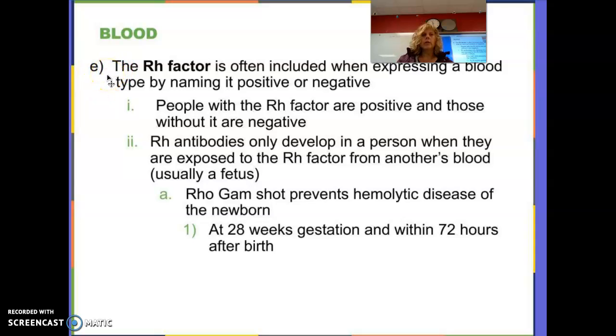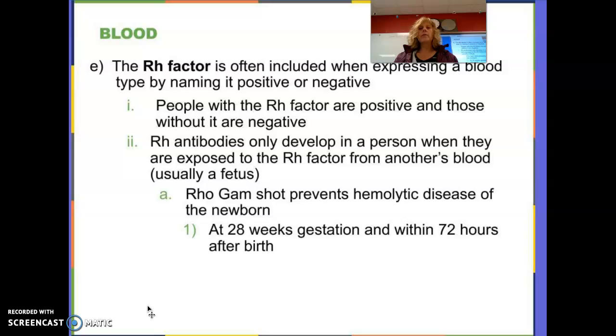Both of my children were O negative, so they actually were universal donors because they have no surface antigens on their blood. So universal donor, but not universal recipient, because if you are type O blood, let's say you're O negative, if we even take this Rh factor out of here. So if you're type O negative, or you're type O blood,